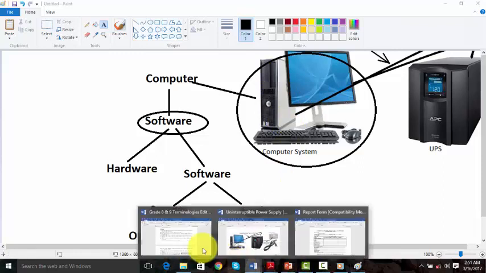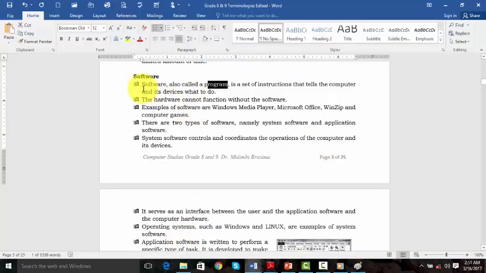Thank you very much. So the other word for software is a program. It is a set, and last time we said a group of instructions. A set of instructions that tells the computer and its devices.